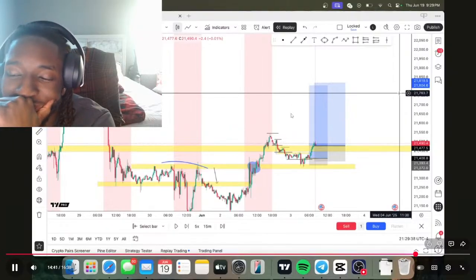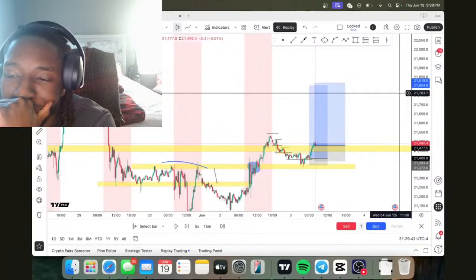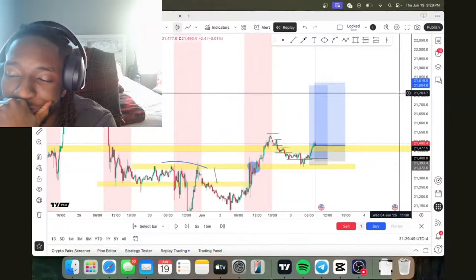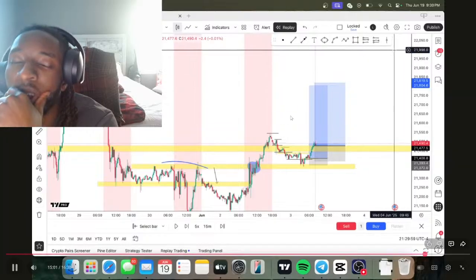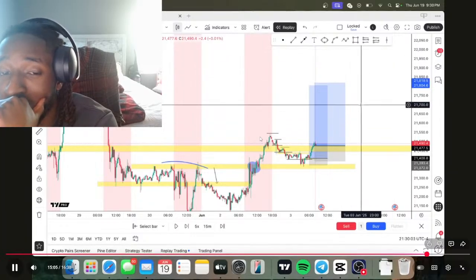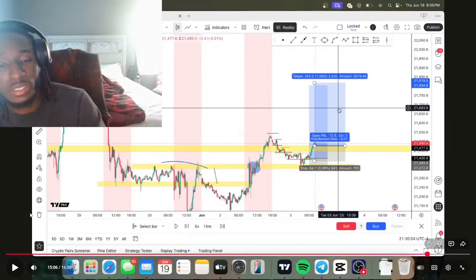iPhone 16 to somebody who already has an iPhone 16. You're going to sell it to somebody that doesn't have an iPhone 16 because they're looking to buy it. So same thing with your trades. You're not going to take your buys to somebody who already has buys. You're going to take your buys to sellers. And if you're a seller, you're going to take your sells to a buyer because they're looking to buy your sells. So go rewatch my YouTube live that I did the other day if it doesn't make sense, because